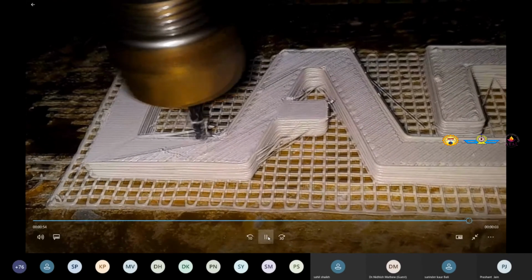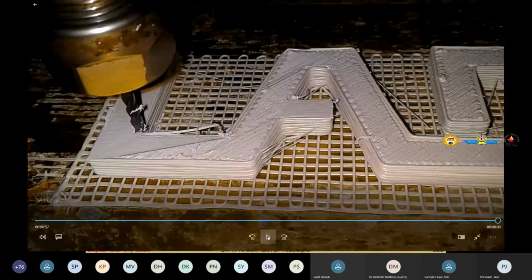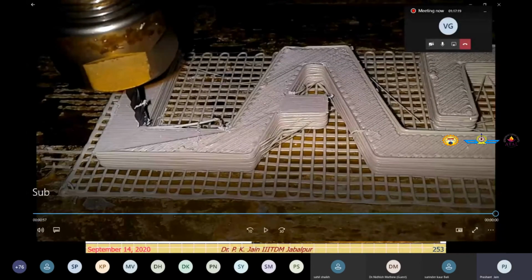So you see in the same setup, we are capable of doing both additive and subtractive, right?